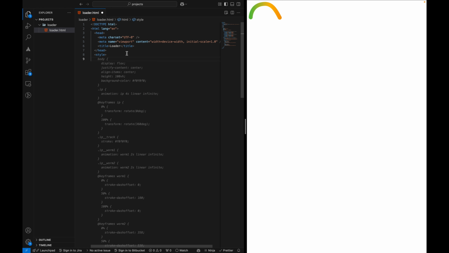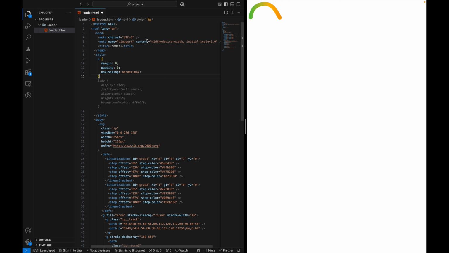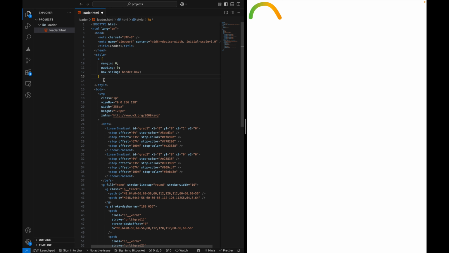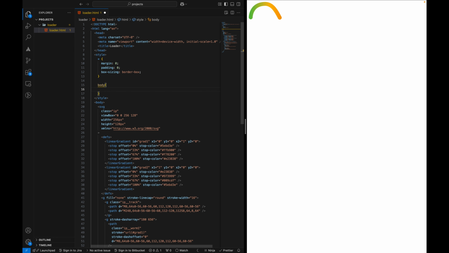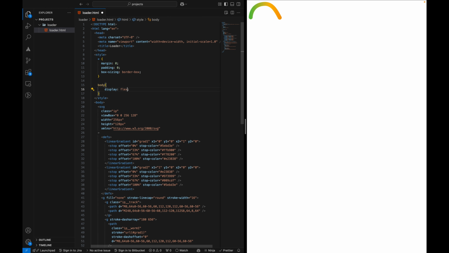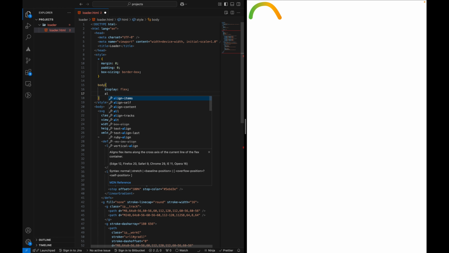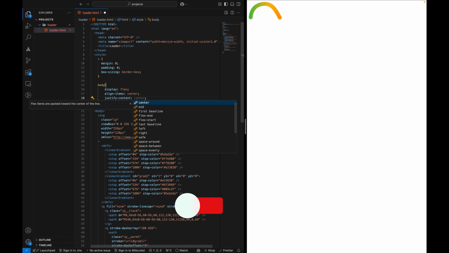In the style tag we are going to use the universal selector and set margin, padding, box-sizing, everything to 0, and then I will make this SVG centered. So for that I will add some body style here: display flex, align-items center, justify-content center,